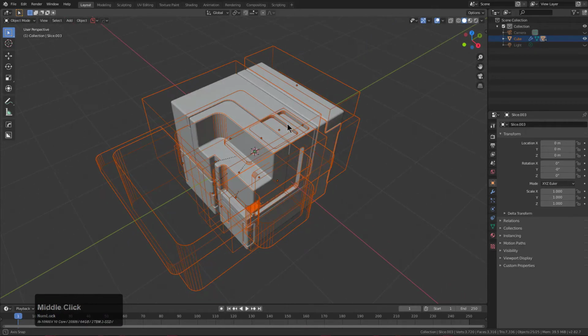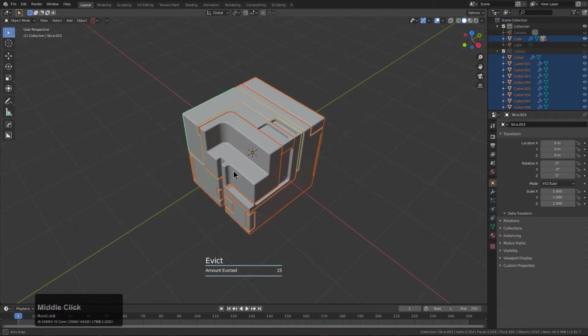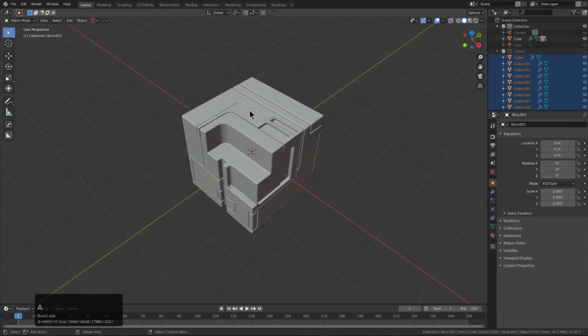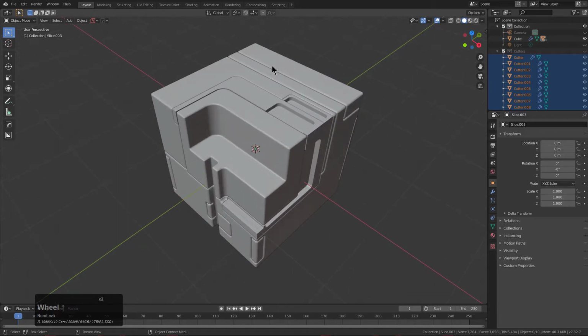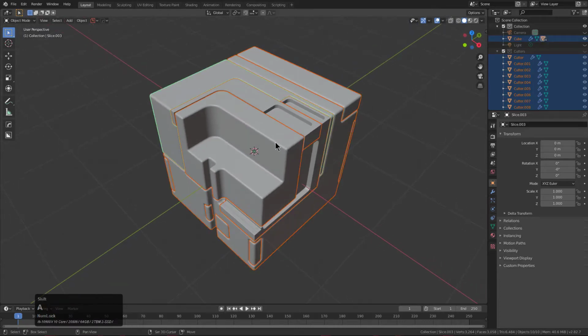So first I'll select everything, and I just want to remind everyone that Evict is great, because I just Ctrl V pasted this cube which had all its cutters in the wrong collection, and now they're placed in something a little bit more logical. So the purpose of this example is to show you that the previous material scroll